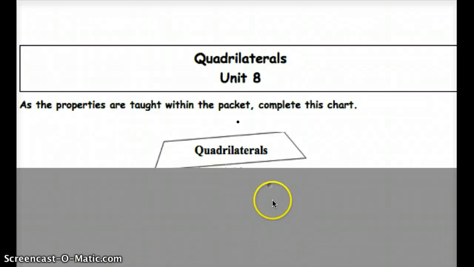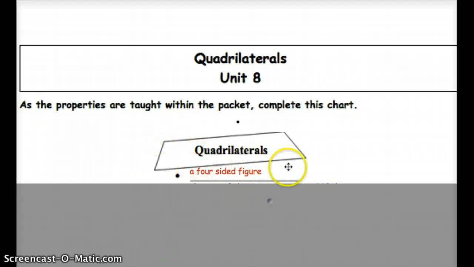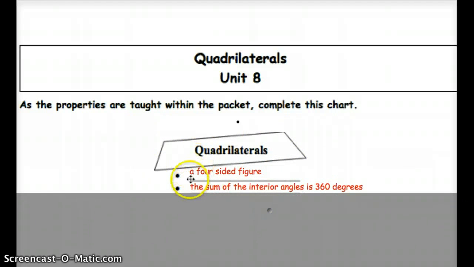Today we're going to start our study of quadrilaterals. So we're going to fill in a couple of properties for quadrilaterals. A quadrilateral is a four-sided figure. Four sides. A quadrilateral. In a quadrilateral, the sum of the interior angles,